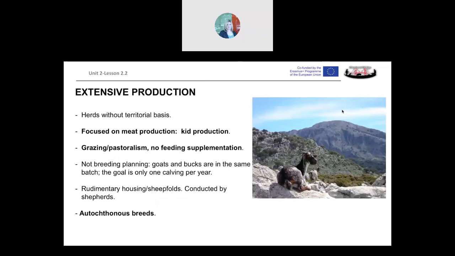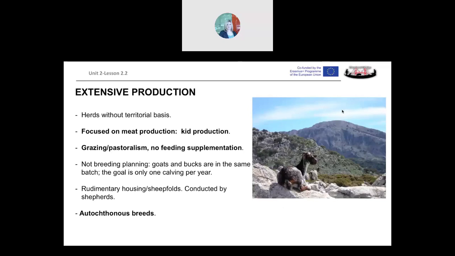We are going to see now which are the main production systems according to the intensity of the production of the system. We are going to distinguish in this case three types of production system: extensive, semi-extensive, and intensive production system. The extensive production system is based in